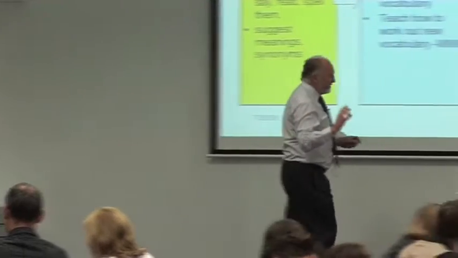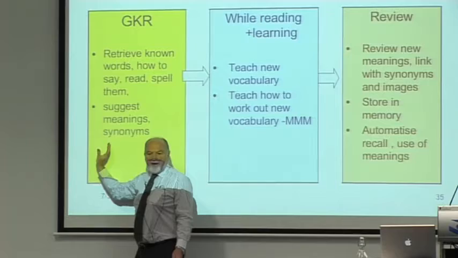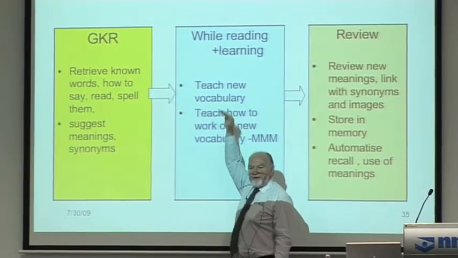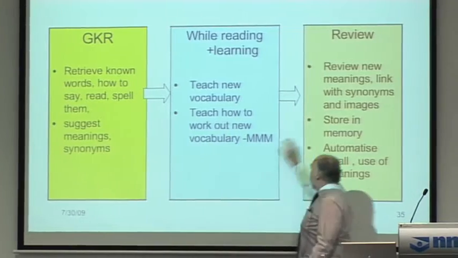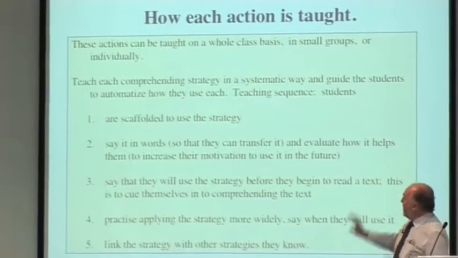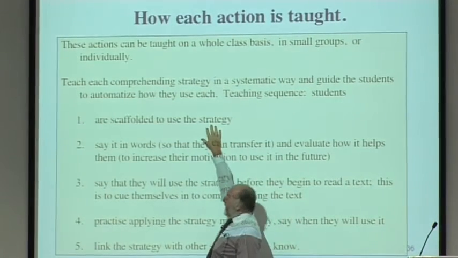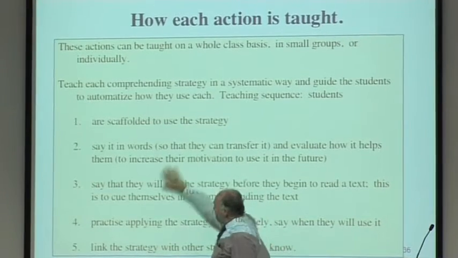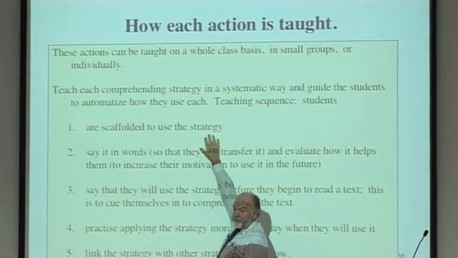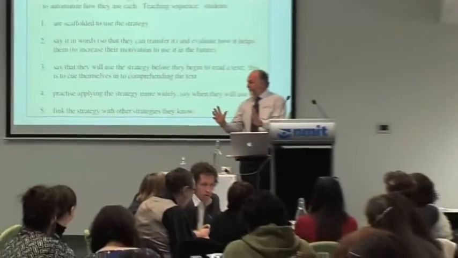with the scaffolding, just to remind you, we're going to go through the getting knowledge ready, the 3 phases, the while reading, the reading aloud, the vocab, the visualising, paraphrasing and so on, and then the reviewing. We're wanting to teach each strategy. 2 of them we're going to look at scaffolding, and 2 we're going to look at cueing to independence. Is this all right? 2 to scaffold, 2 to independence. And we're going to do, if it's okay, the scaffolding ones first.